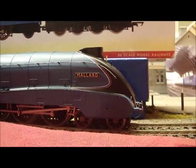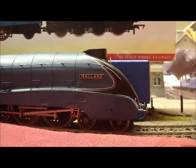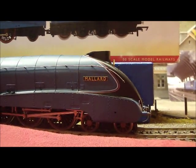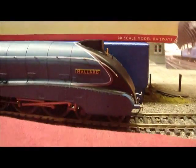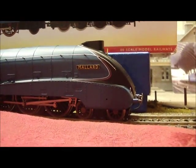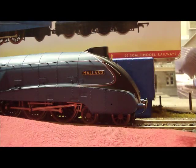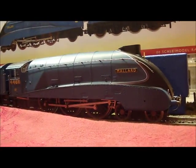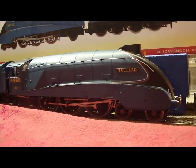to make sure that he beat the LMS for speed, so he decided quite discreetly in some braking trials that he'd pick one with the Kylchap double chimney, which you can see here, for improved draft on the exhaust, and about 5 months from the works, Mallard came out, 21 metres long, 165 tonnes, and she was ready for the job. So they put driver